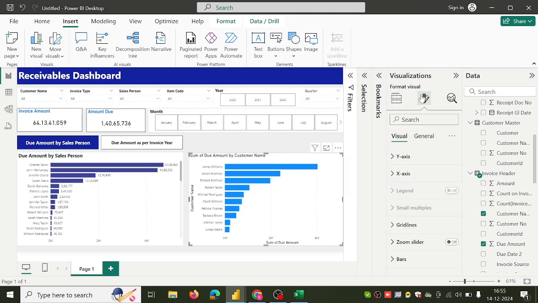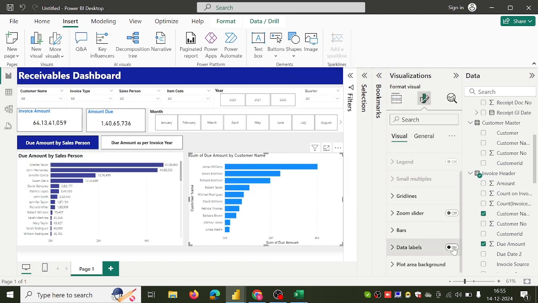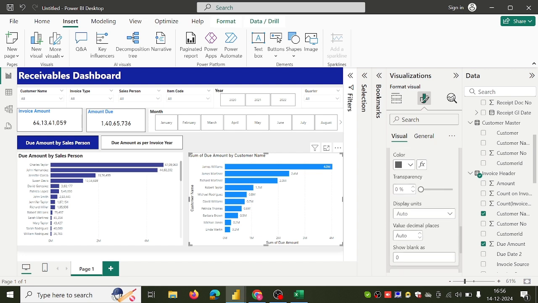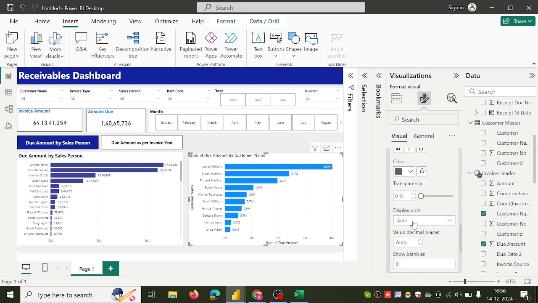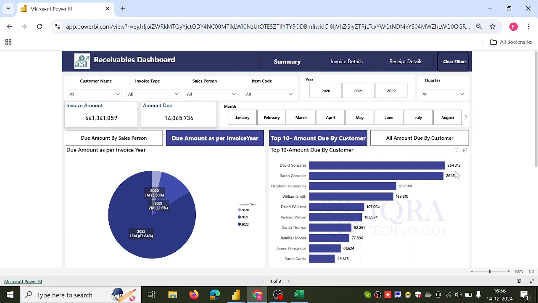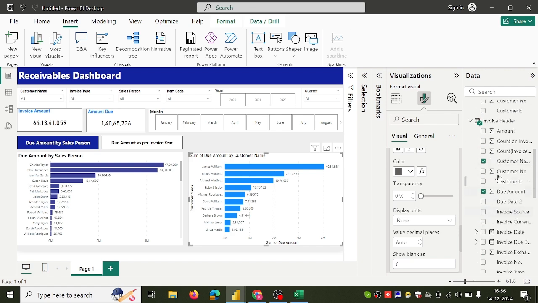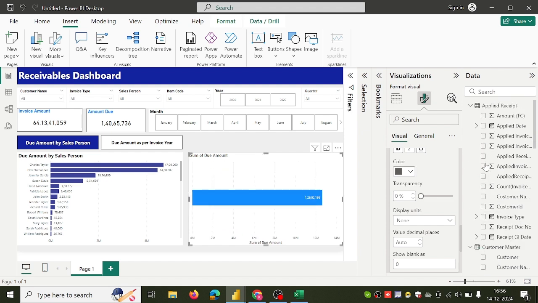We will turn on the data labels so we can see if we are getting the proper result or not. Use the display unit as none. So we have the value 403355. We are getting wrong value. If we choose customer name from applied receipt table,